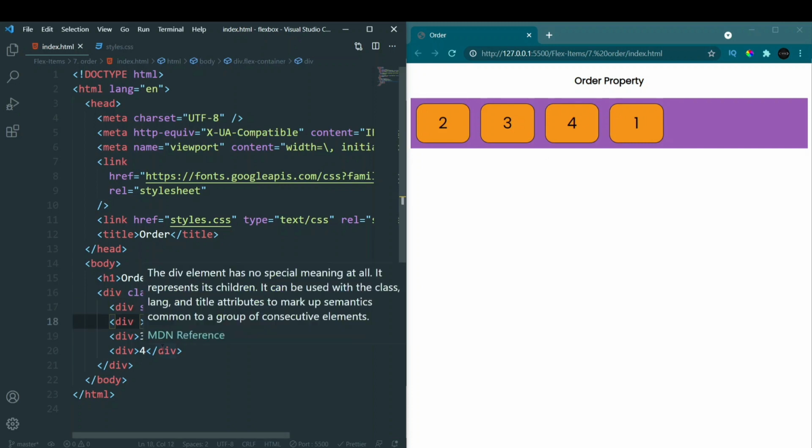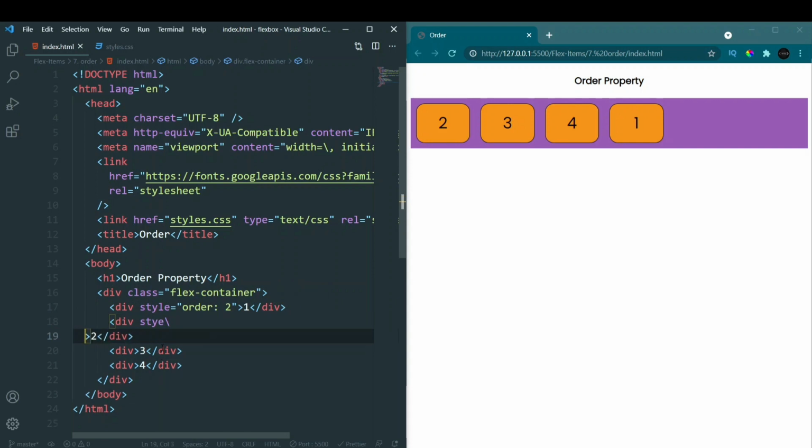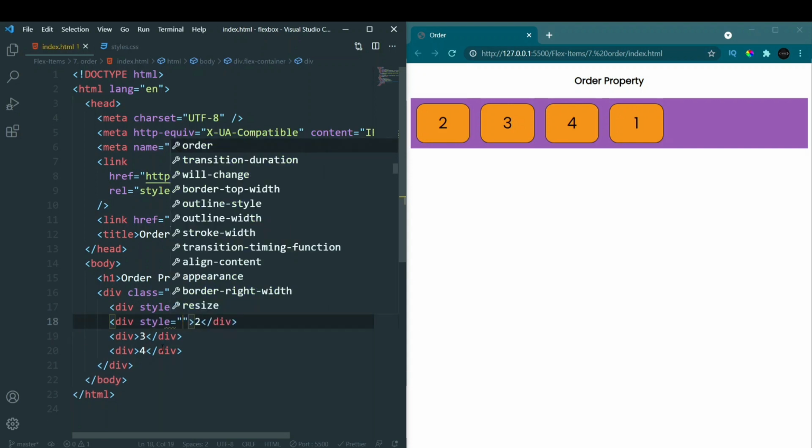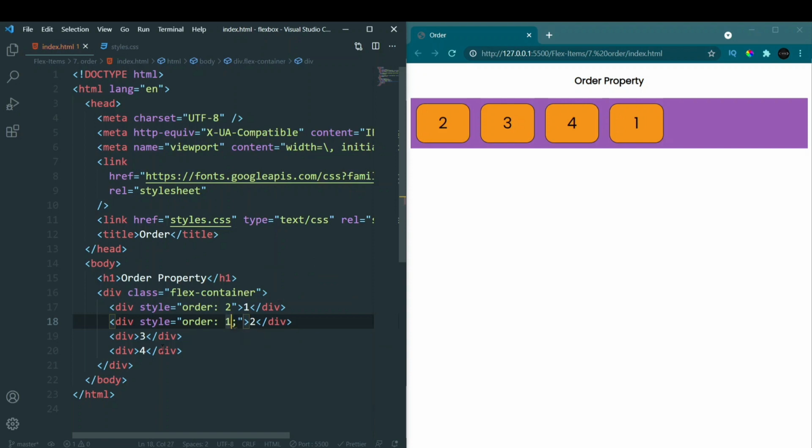Now let me just show you. Even if I add style here now, and I'll add the order property here, and let me just add orders and save it, you'll see that it does not work in the way we want it to, because we have not applied the style to all the elements. So we have to apply it to all the elements so that it will show correctly, because if we add it to only one element, it will not know where to place the other 3 elements. Okay, so I'll just add these few properties and then we'll have changed the order.